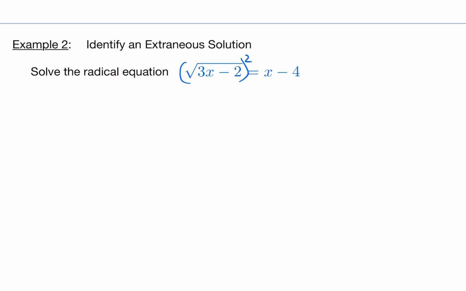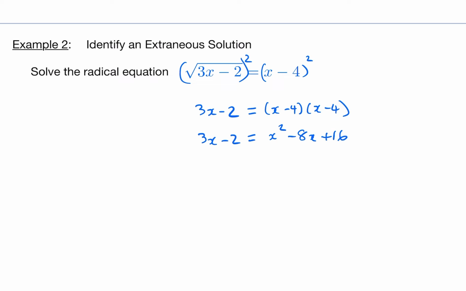On the left side, we get 3x minus 2; it takes care of the radical. On the right side, this becomes x minus 4 times x minus 4. We have to multiply that out, and we get 3x minus 2 is equal to x squared minus 8x